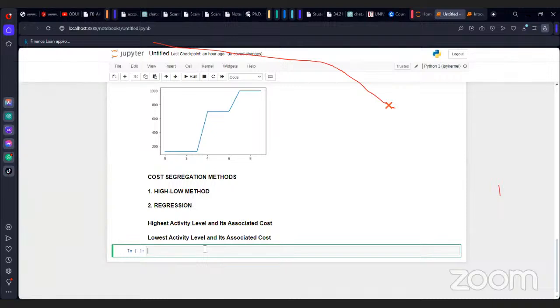the high-low method to do this. So we have a table there and that table has months. It has months, it has production units, and it has total cost. So we just do a simple pandas data frame. So let's start. So we just do costs data is assigned to pd.DataFrame